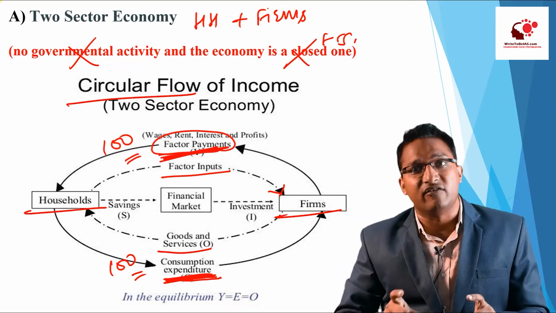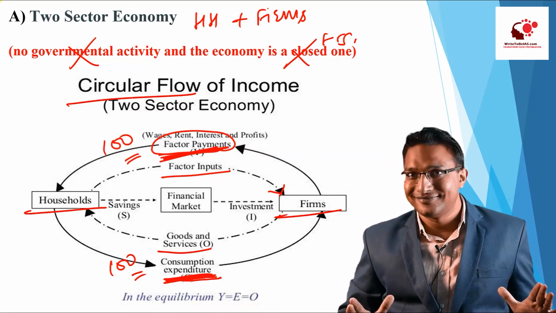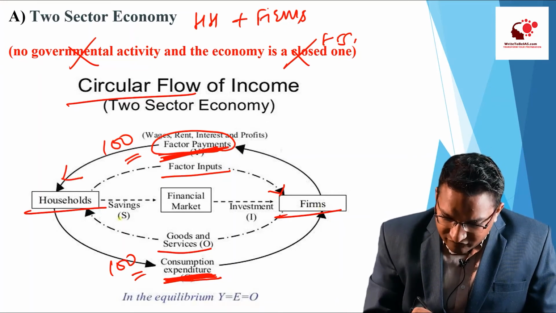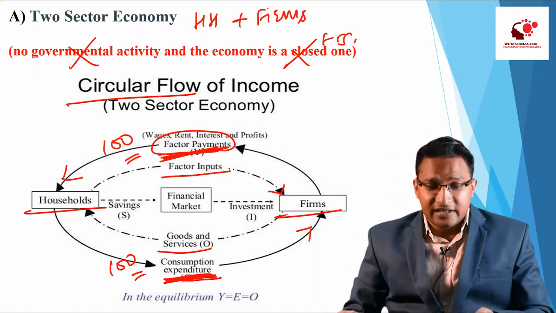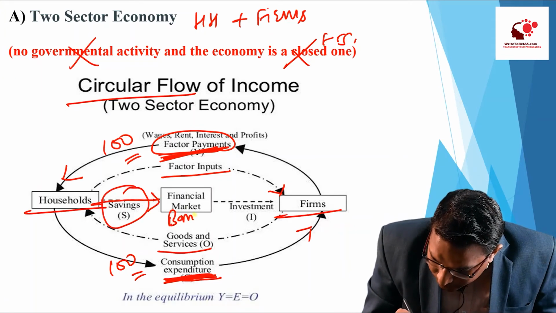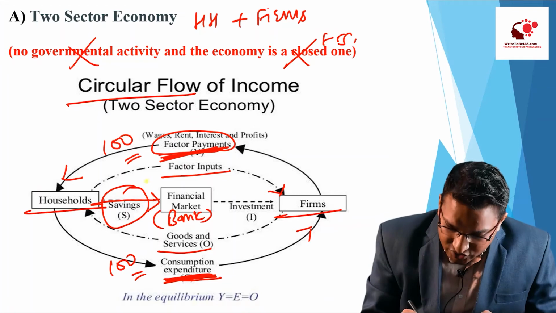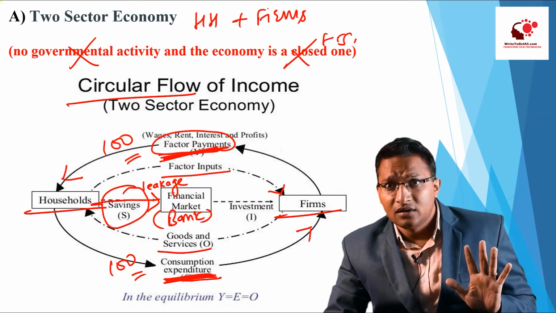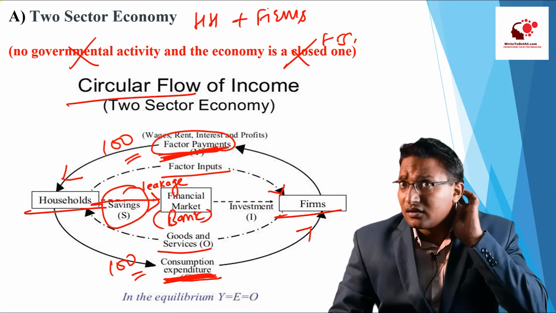So that money which is saved is a kind of leakage from this circular flow, right? So this circular flow, which was coming from firms to the household and then from household going back to the firms, from this circular flow of income, this savings from the household with the bank, this is purely a leakage. This is a leakage, right? So this should be reduced from this income. However, it is part of the total income.